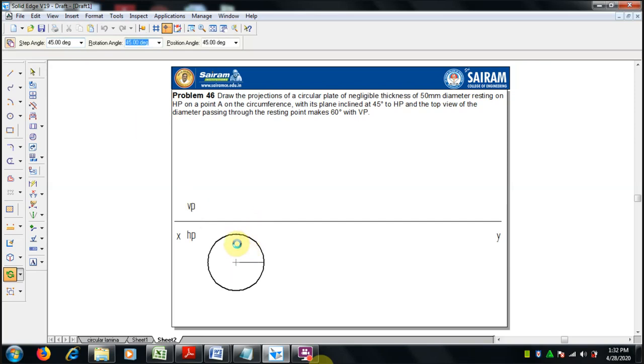So it will rotate with the copy option. We can rotate 45 degree fully, in each step it will have 45 degree, so that it is divided into 8 equal parts. Now we can draw the projection lines from each point.